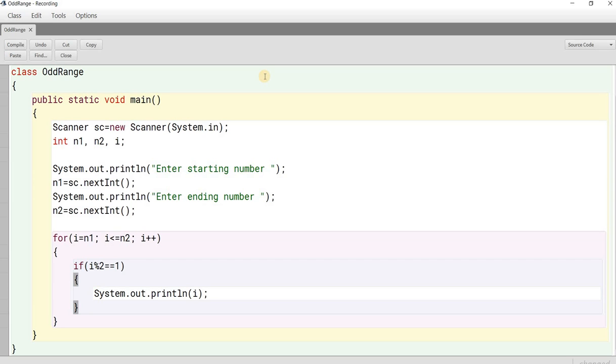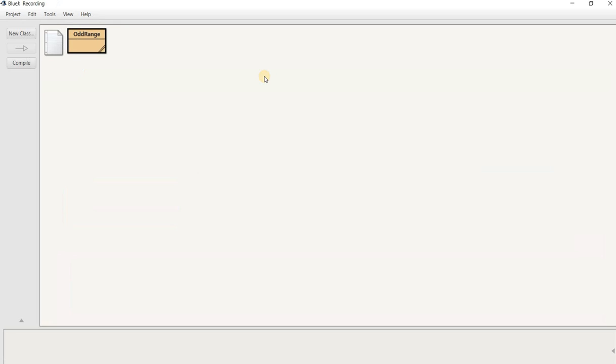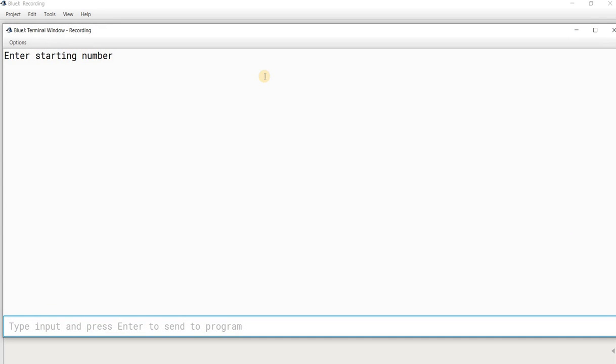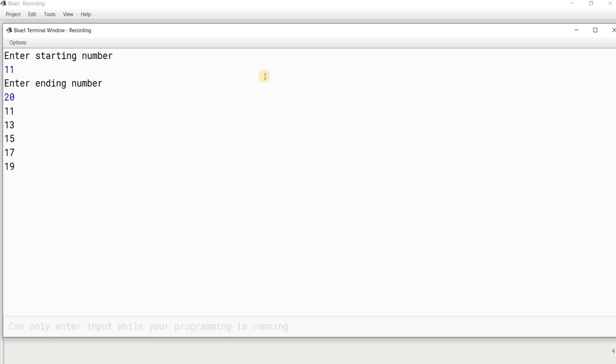Okay, so else part is not required here, only if part. I am compiling it, again it says no syntax error, and when I run this program, again I am writing same values 11 and 20, and it is displaying all the odd numbers between 11 and 20.